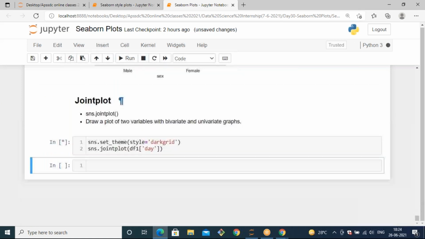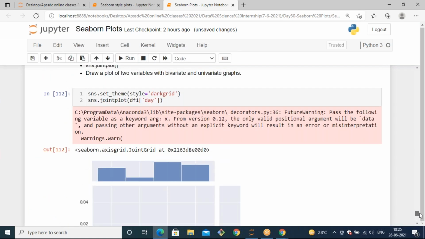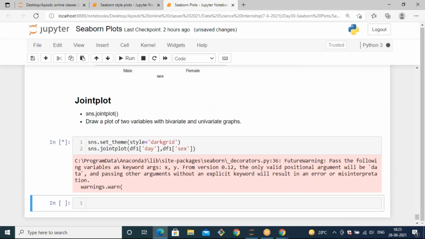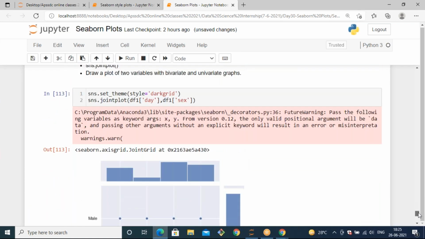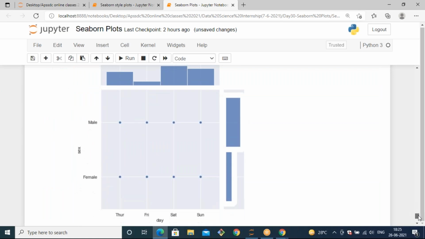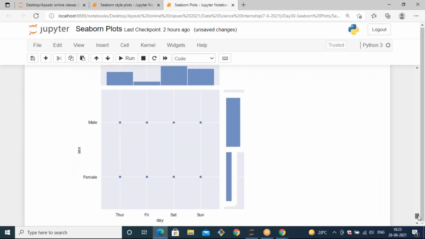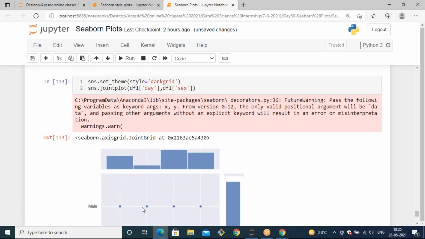So if I change it to day, now you can see we are getting two plots, one is a histogram and the second one is a scatter plot.